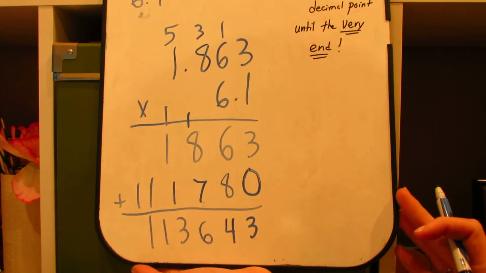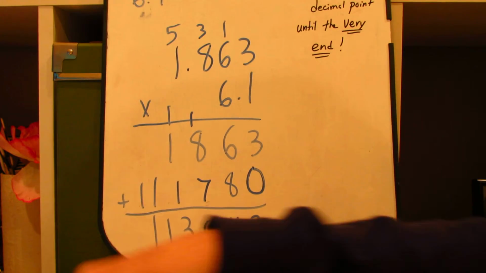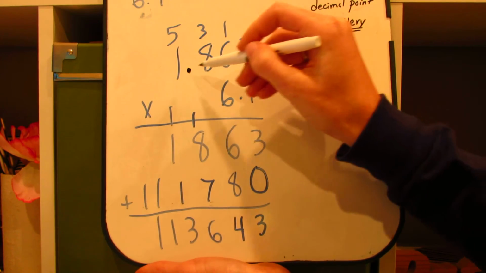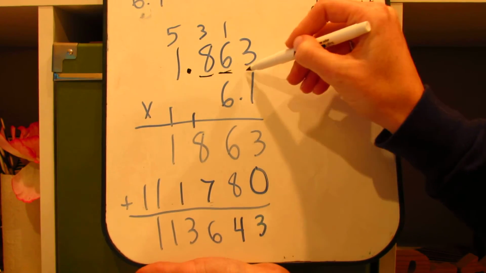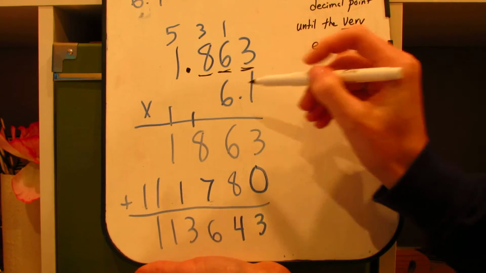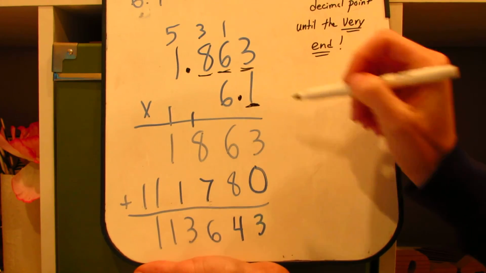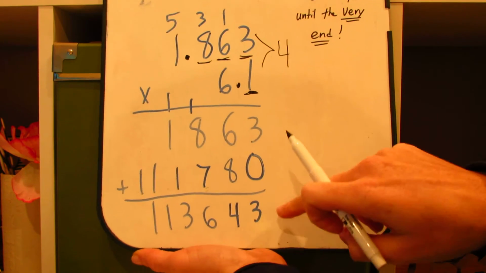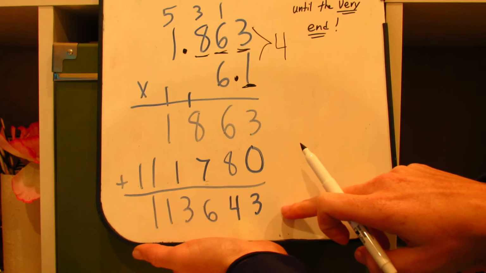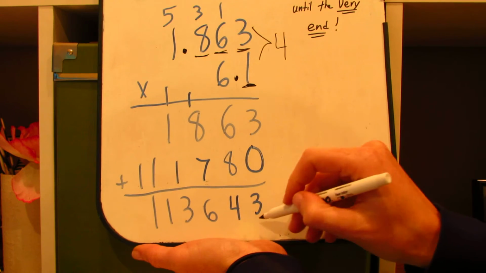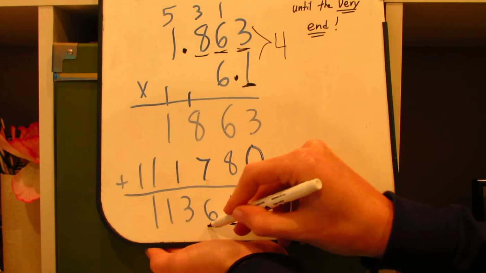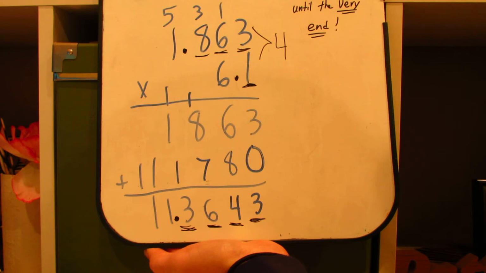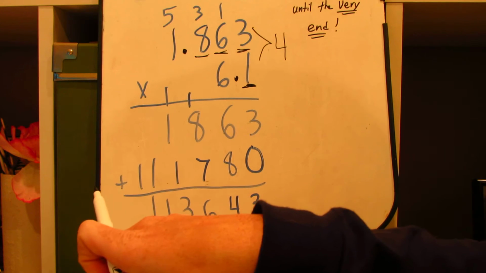Alright, that's a really long final answer, but my answer will have a few decimal places. Check this out. Here's my original problem. This number has 3 decimal places. This second number has 1 decimal place, making a total of 4 decimal places, which means in my answer, my product, I need to have 4 decimal places. Here's 1, 2, 3, 4, which means my decimal point is going to go right there between the 1 and the 3. My final answer, 11 and